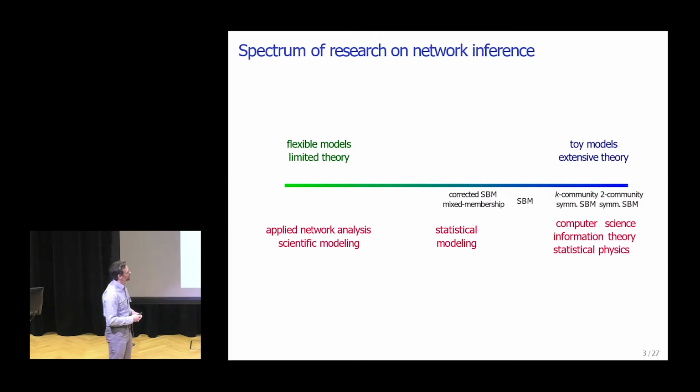So I'm just putting this up there to acknowledge that, first off, there's a gap between the thresholds and the things we might like to look at in the models we know how to study, and the types of problems that people really working on network inference might be interested in. And so one of the goals or the motivation behind this talk is to slowly push from the right a little bit more to the left.